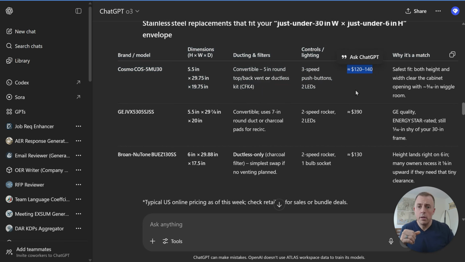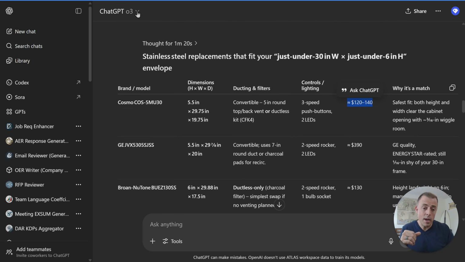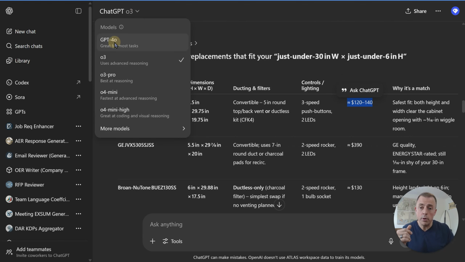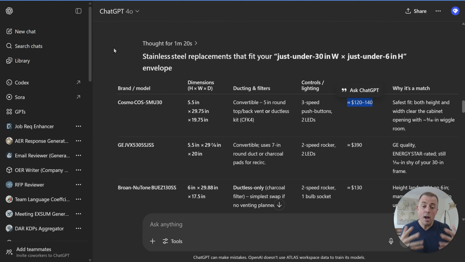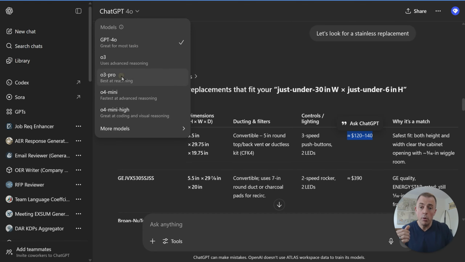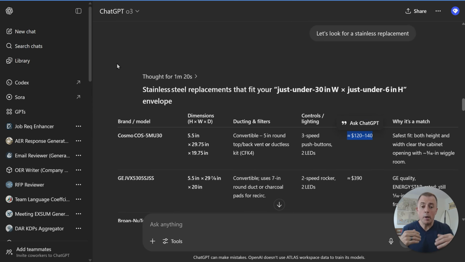This is using O3, I want to highlight. O3 is the smarter of the models, so the default is 4.0. So if you're not paying for ChatGPT, you won't have that option. However, if you would like to pay one fee of $20 a month and have access to all the models so you can learn how O3 or O3 Pro compare to the other models, you have an option,